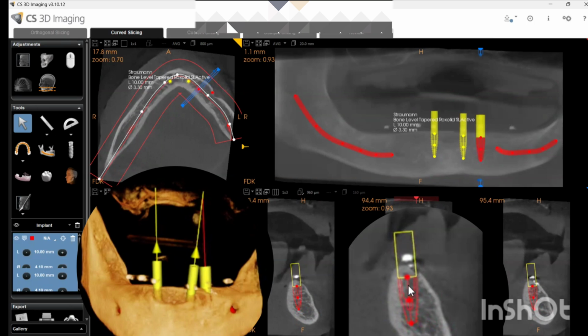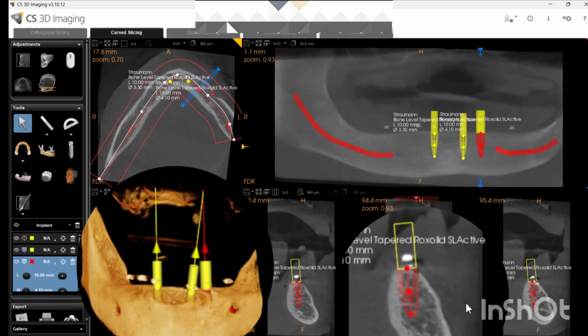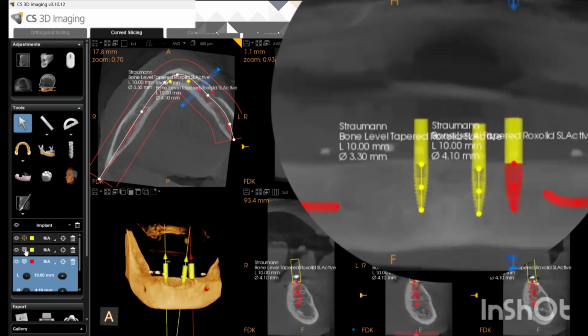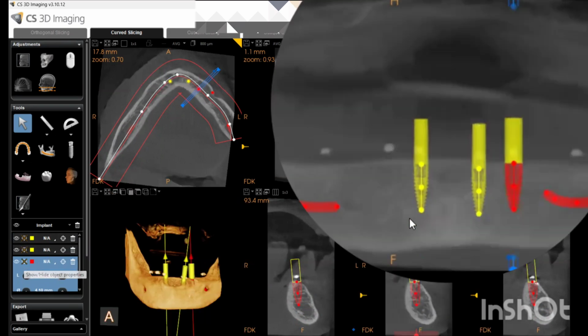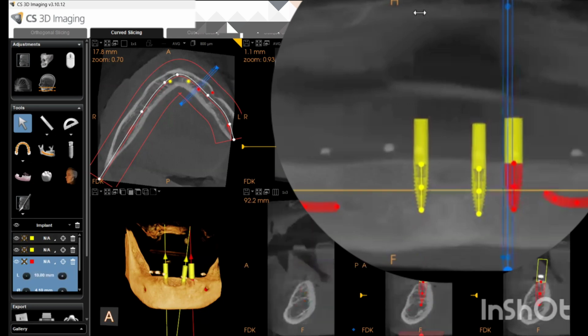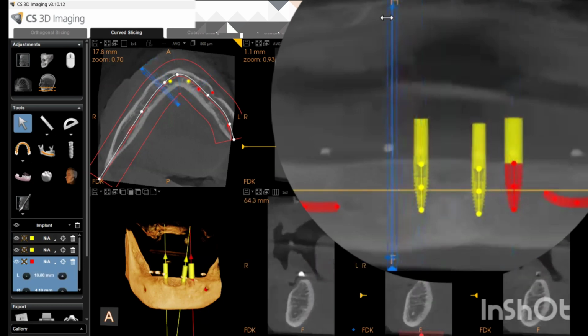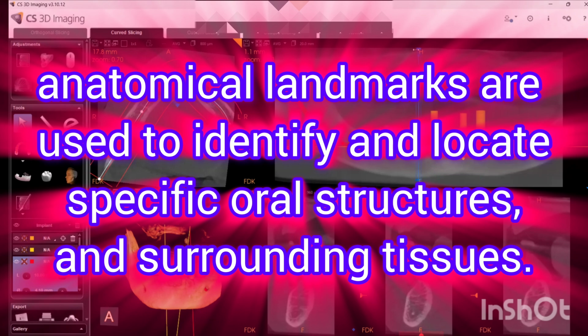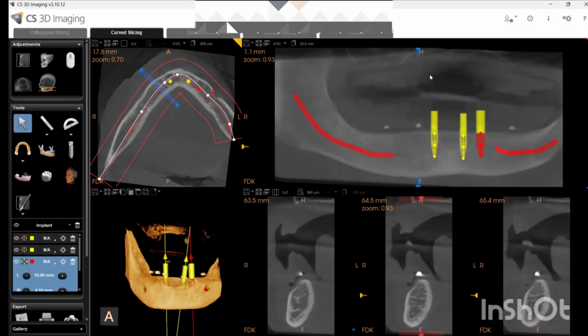Move it. Okay. Yes. Okay, keep it here. It's good to go. So now you don't have to decide, because already the markers are there. So place the implant accordingly. Had there been no marker here, then you have to place the implants as per anatomical landmark, like for the first premolar region, you can choose the mental foramen, and then place the implant. Mental foramen is here. I'll show you.